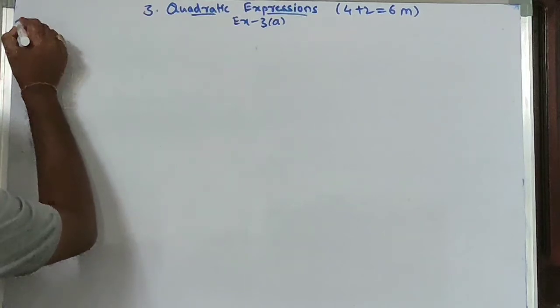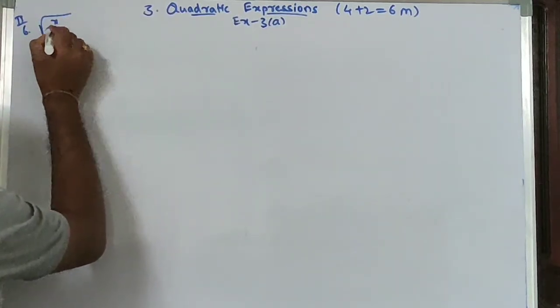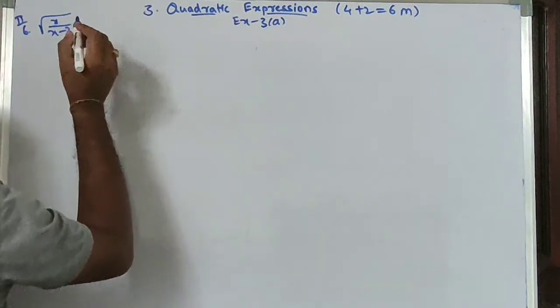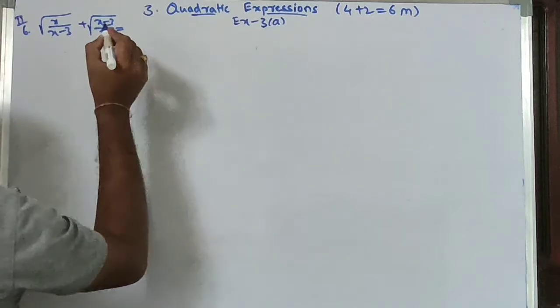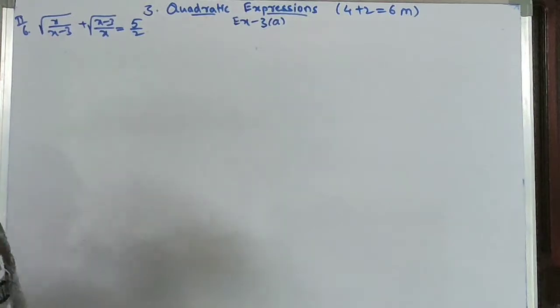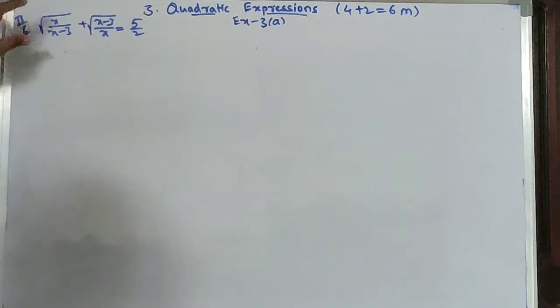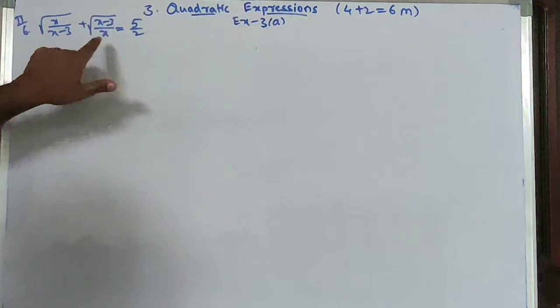Number 6, second bit, 6th question. Under root of x by x minus 3 plus under root of x minus 3 by x equal to 5 by 2. We need to find the x value. So if you observe this root x by x minus 3 and this root x minus 3 by x,